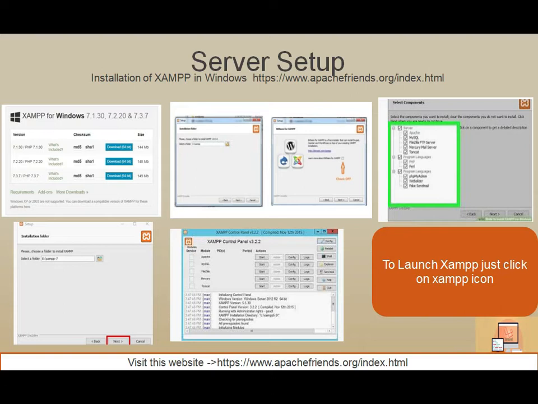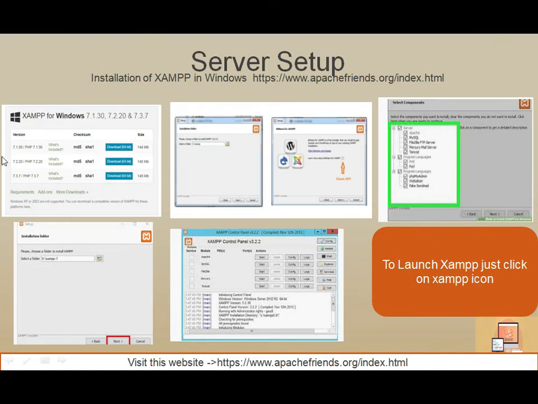This is the main important thing that you have to download. The second screen will show you the options, and you have to check them. The third screen will show three parts: programming languages, PHP and Perl; servers, that is Apache, MySQL, FileZilla server, Mercury Mail, or all the packages; and the third part, phpMyAdmin and Webalizer.